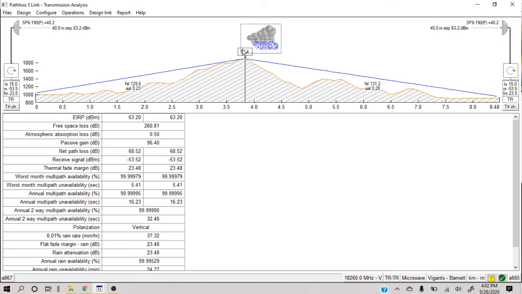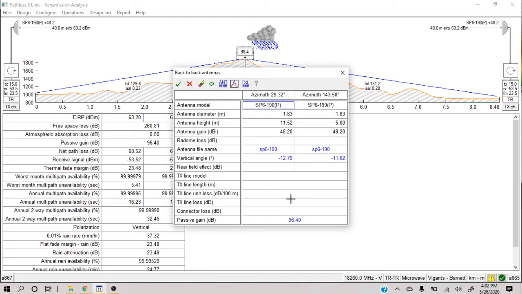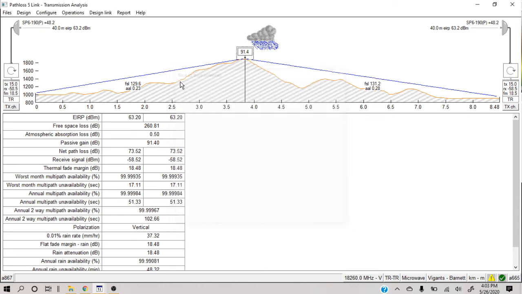I have not put any losses here, because in case of putting dishes, you must have some loss, at least 5 dB. So if you have a 5 dB loss, then it will go further down to 91.